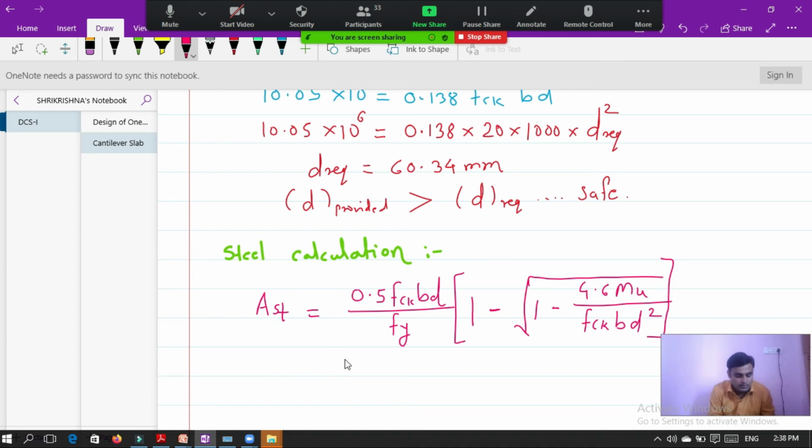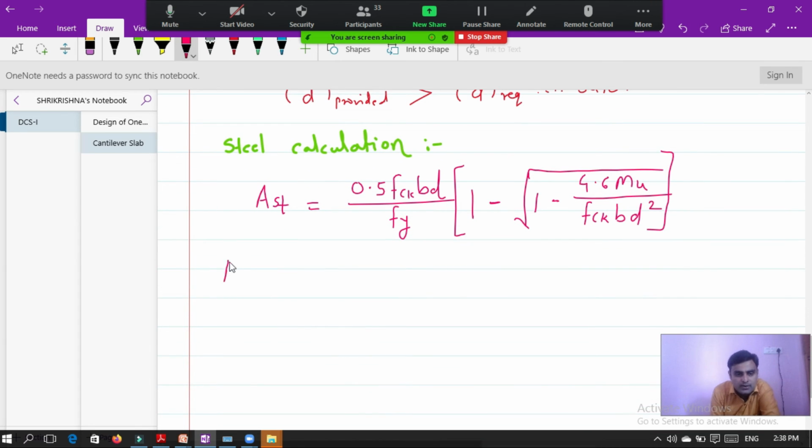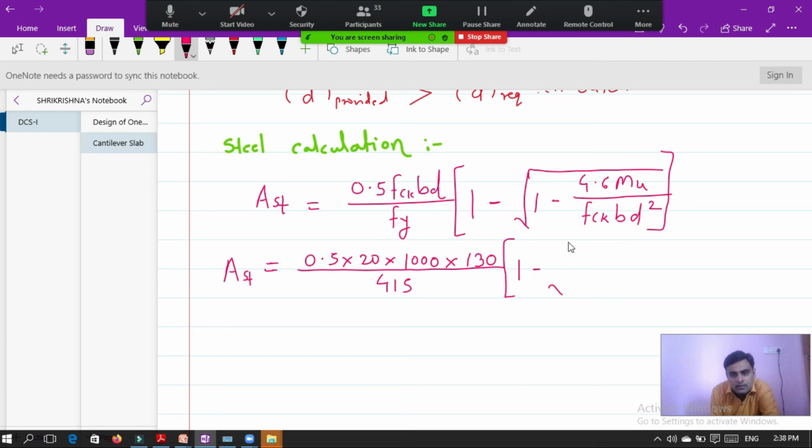Now put the value, so you will get the area of steel. So Ast is equal to 0.5 into fck is 20 into b is 1000 into d is 130, whole divided by fy is 415, then in the bracket 1 minus under root 1 minus 4.6 into 10.05 into 10 raised to 6 divided by 20 into 1000 into d is 130.